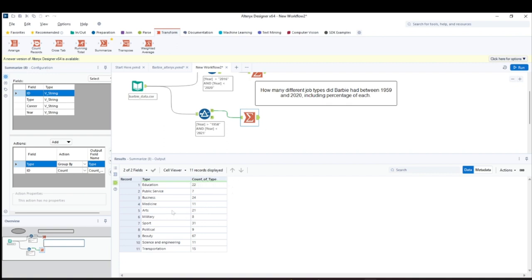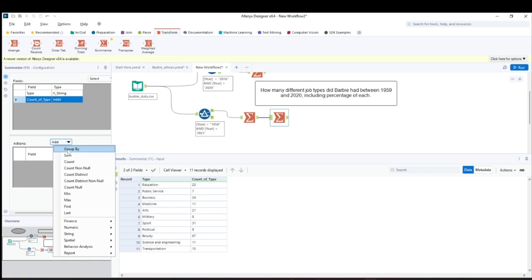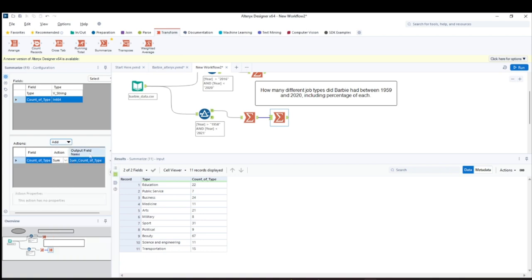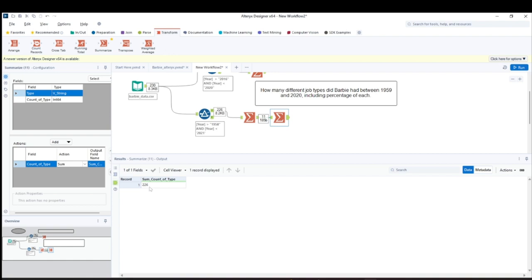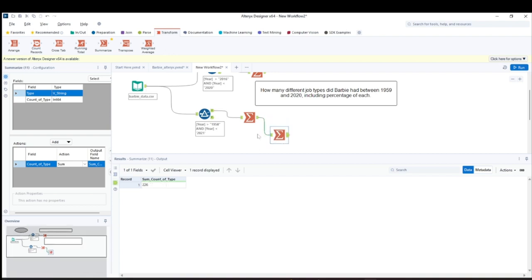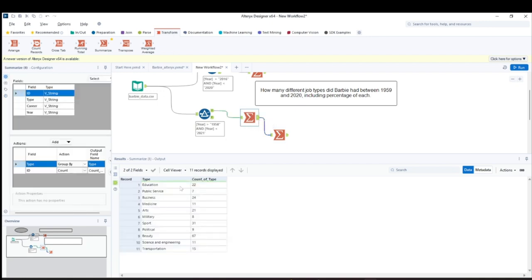Let's just understand, and then quickly we will go on understanding it manually. Let's take another formula here and attach this to the output of the summarize function. I'll take count of type, add, and let's just sum it. This way I will get the sum total of all the values, which is 226. Let's drag this here, and you can find that the entire sum of all these 11 services is 226.